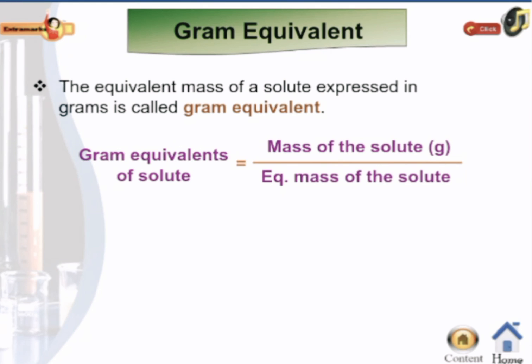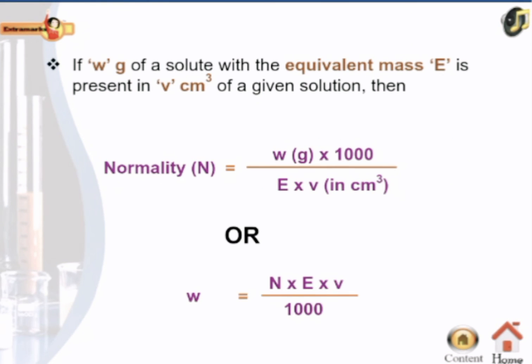The equivalent mass of a solute expressed in grams is called gram equivalent. Thus, the gram equivalent of solute is equal to the mass of solute upon equivalent mass of the solute. If W grams of a solute with the equivalent mass E is present in V centimeter cube of a given solution, then the expression for normality is